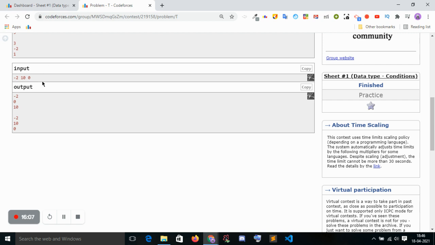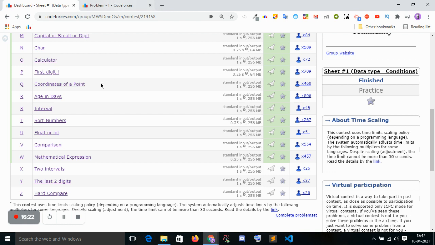Another thing that I have told you: just find the minimum value, just find the maximum value, and find the sum. Through the sum we can find the number in between the minimum and maximum, the second minimum or the second maximum number. Okay. So let's try to do another problem.